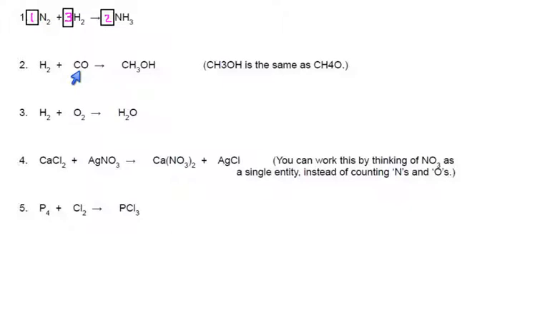We have a single carbon, and over here a single carbon, and we have a single oxygen, and we go to a single oxygen. So really, everything here is fine except the hydrogen. Right now we have 4 hydrogens on the right and only 2 on the left. If we double our amount of hydrogen,